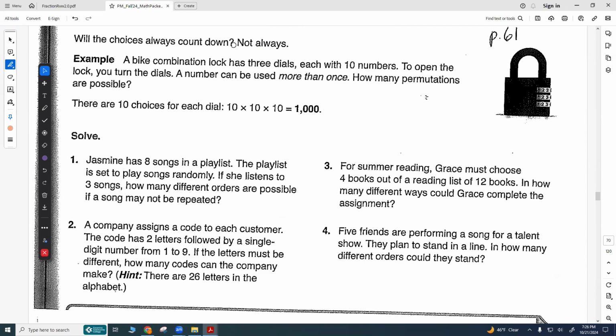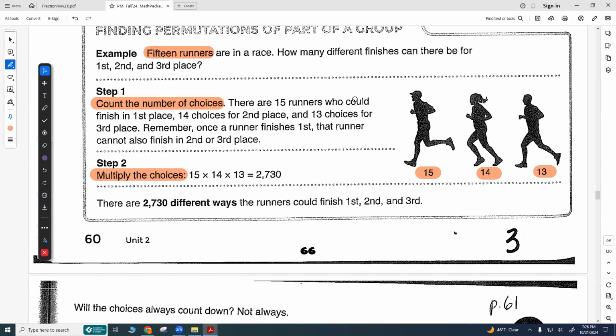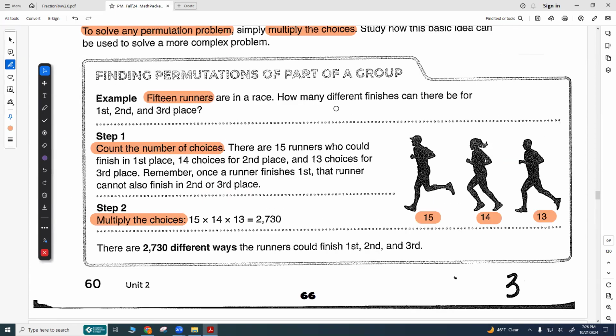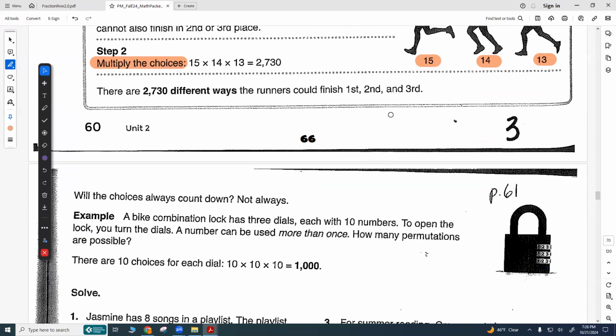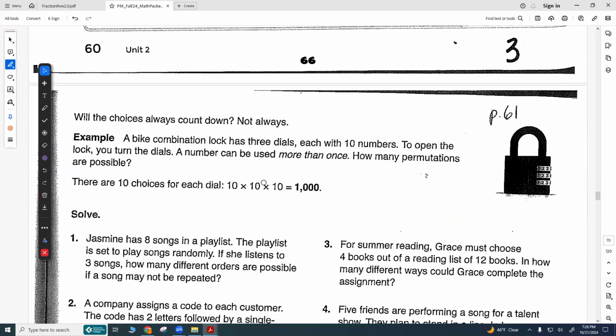Will the choices always count down? Not always. Here, when we have set spots and one of the things fills in, then for the following spot we have 1 fewer. But if we think about our lock here,